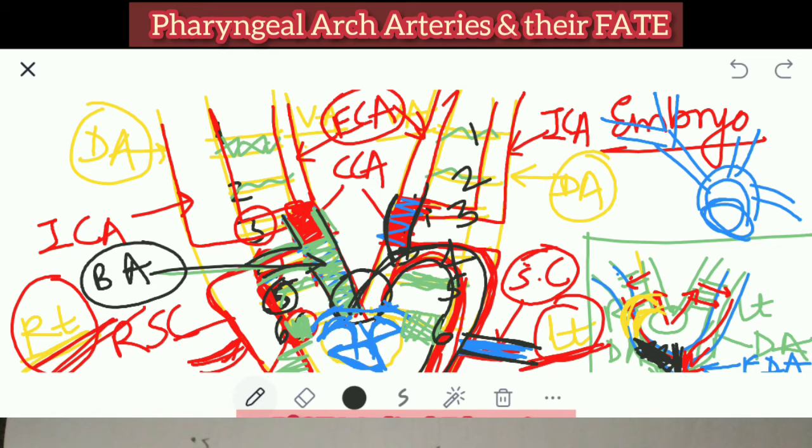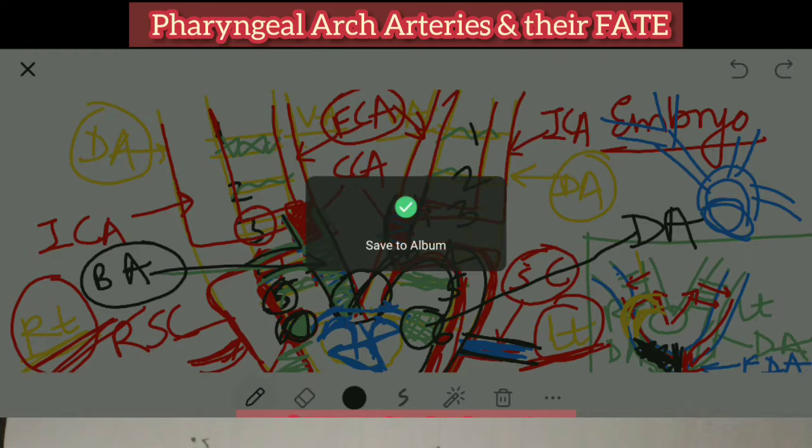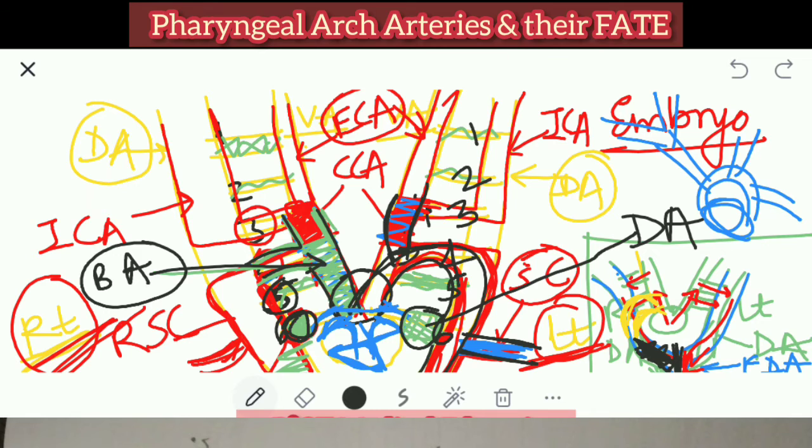Sixth arch is forming what? The initial part or the proximal part of the sixth arch is forming nothing but the pulmonary artery on either side and fusing. And then the distal part of the sixth arch, that is this one, is regressing on the right side, while on the left side it is forming nothing but the ductus arteriosus. Understood? Ductus arteriosus. So I hope you have understood this. And this left-sided arch of aorta continues below. Are you able to see it?